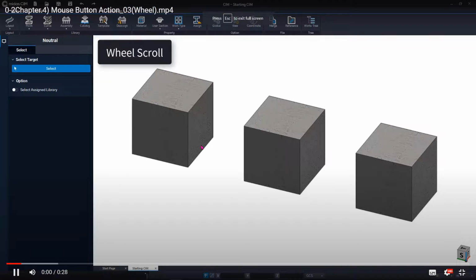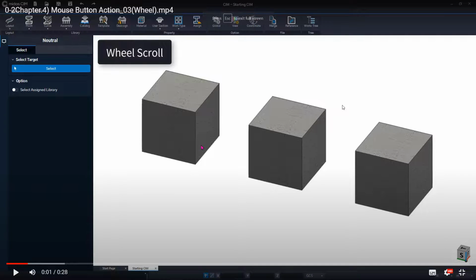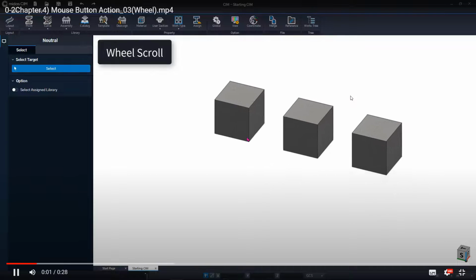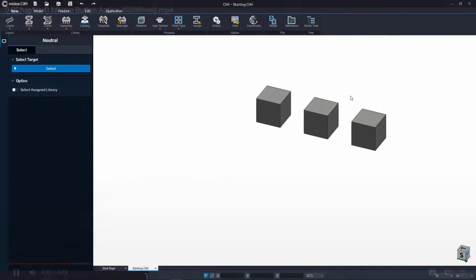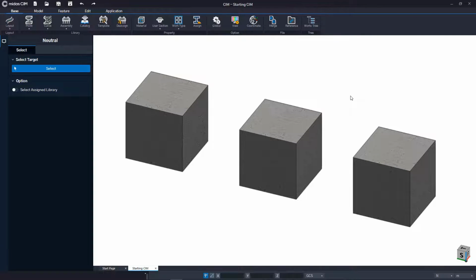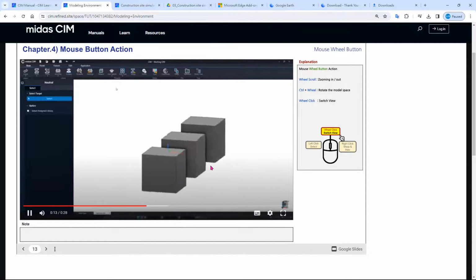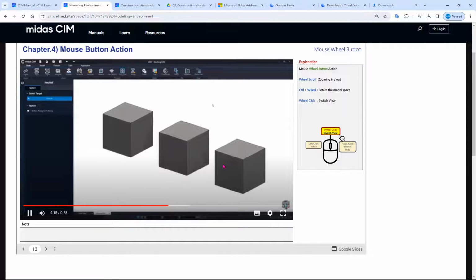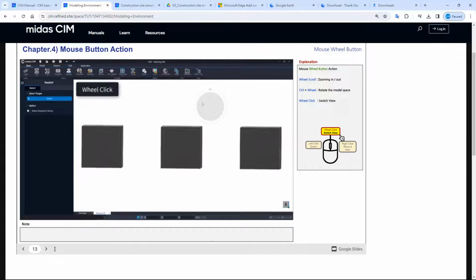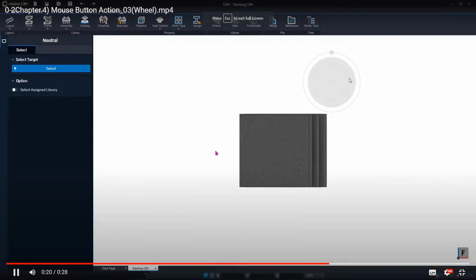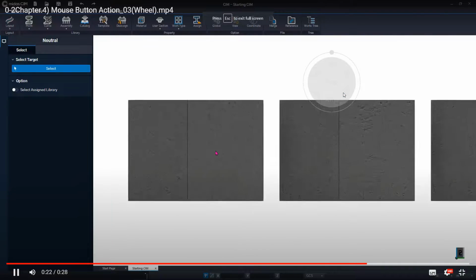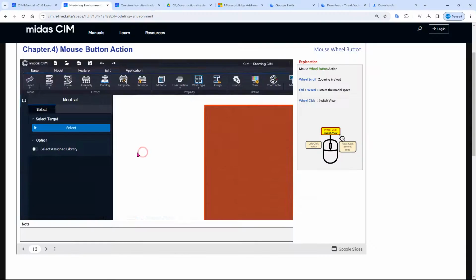And if you want to view them at a certain angle, you can click the middle wheel button of your mouse, and you will get a wheel model like this. So you can click on the top view or the back view, front view, and so on.